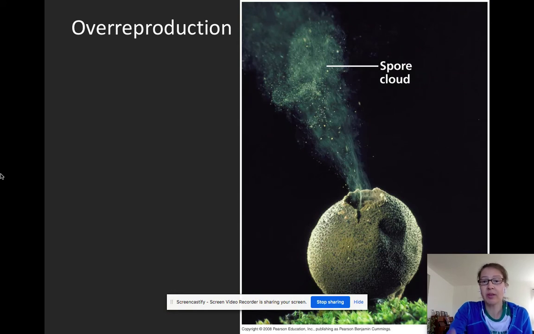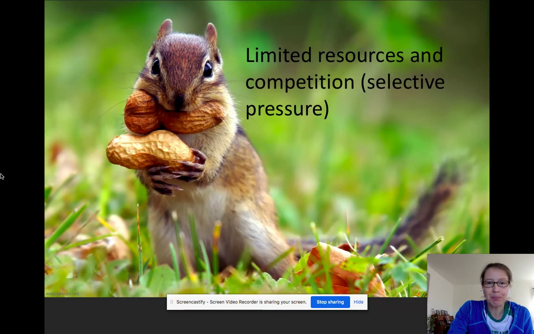Okay, over reproduction. All organisms actually produce more individuals than are going to survive in the environment. And that even goes for elephants. And because of that over reproduction, there's going to be competition for limited resources or to avoid a predator. And so you need to talk about what that selective pressure is. So you should be able to say what the variation is. You need to state that there's going to be over reproduction. Therefore, there will be competition for limited resources to avoid predators, some sort of selective pressure that you need to